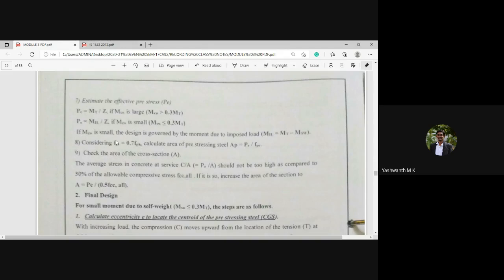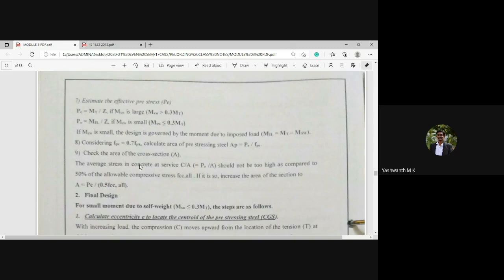In the absence of effective pre-stress data, you can go ahead with this formula, that is 70% of the characteristic tensile strength of the pre-stressing steel. So that will be FP. So calculating the area of pre-stressing steel, AP is equal to PE, already calculated, divided by FP, which will give you the area of the pre-stressing steel.